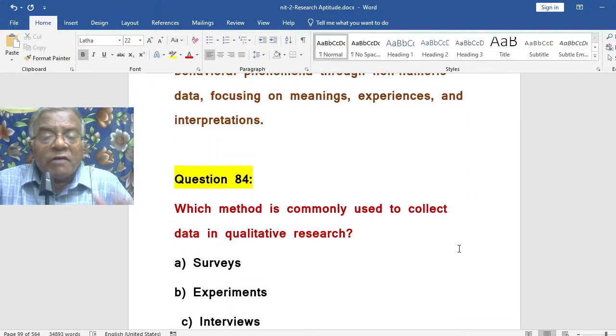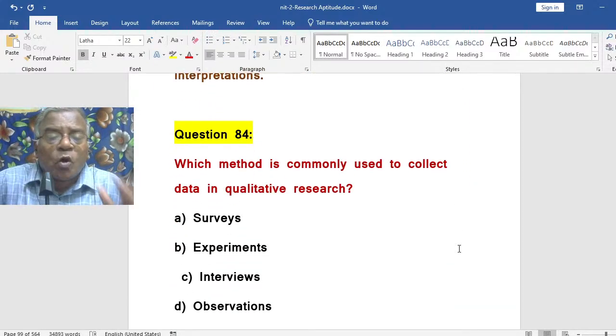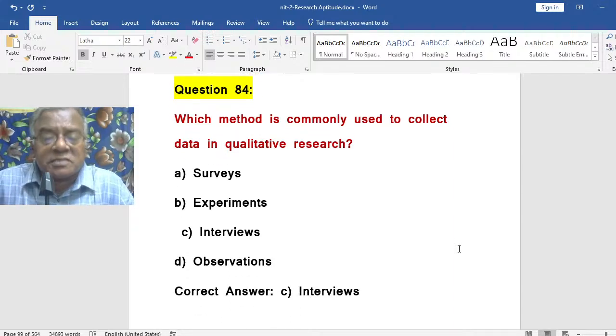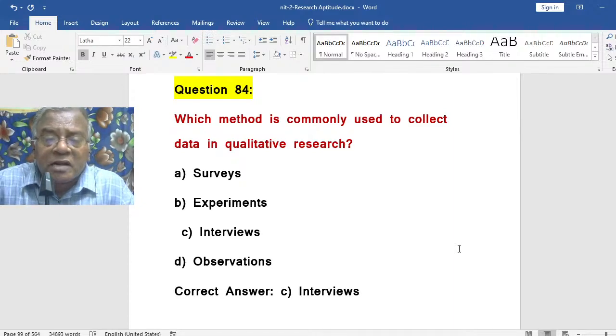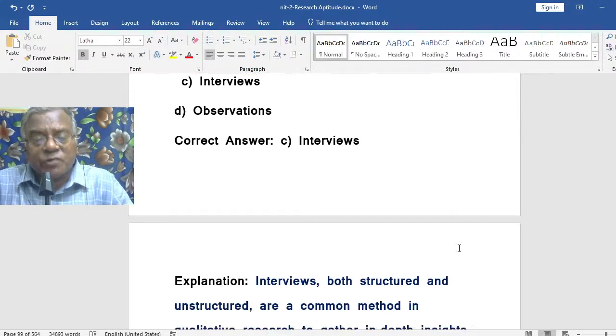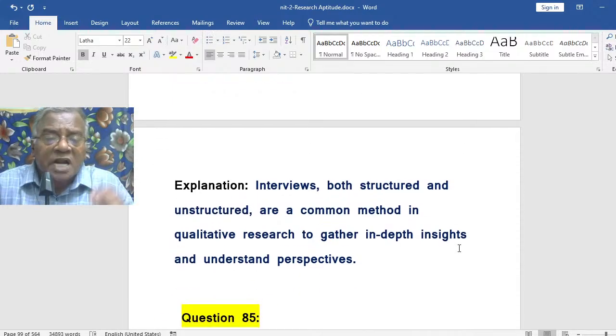interpretations. Which method is commonly used to collect data in qualitative research? Out of these four alternatives, which is the correct one? That is interviews. Interviews, both structured and unstructured, are a common method in qualitative research to gather in-depth insights and